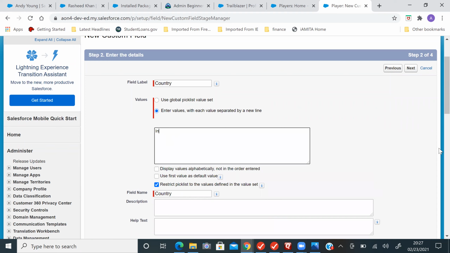Now you can give India in capital letters. You can have 10 countries: India, England, Afghanistan, Pakistan, anything. New Zealand. Perfect. Bangladesh.